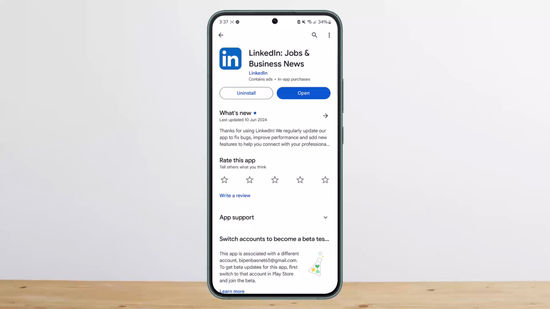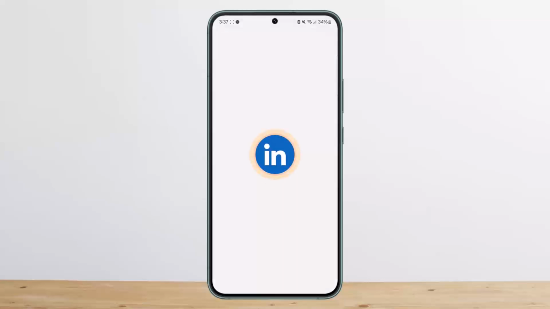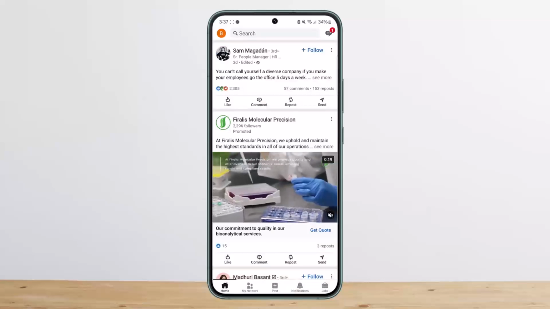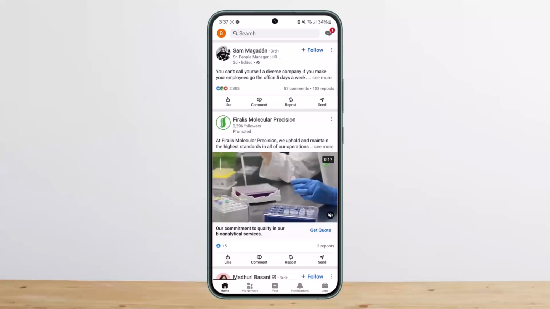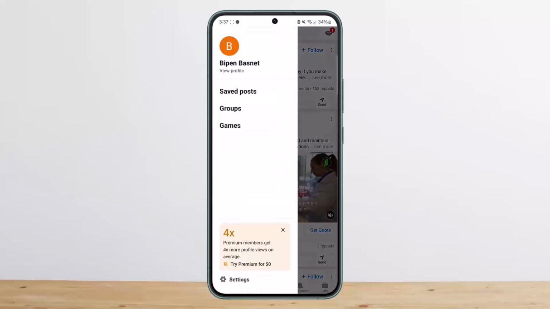Well, the process itself is pretty simple and easy, so let me guide you through it. First things first, you want to open up your LinkedIn application and log into your account. Once you're logged in, you want to head over to your profile. You can tap on the profile icon at the top left corner of your screen and then tap on view